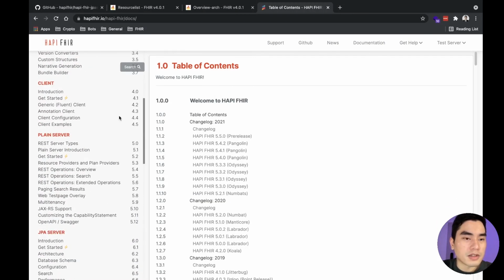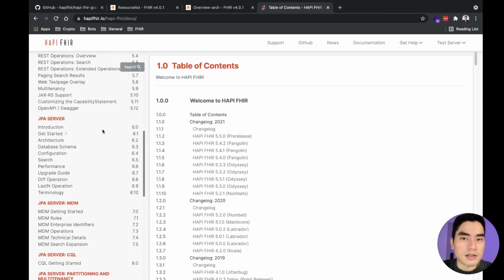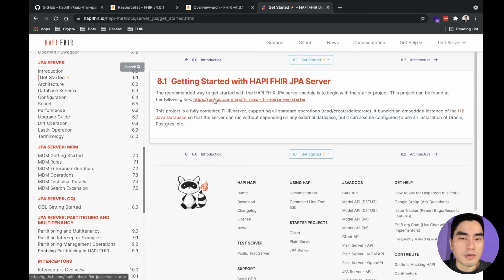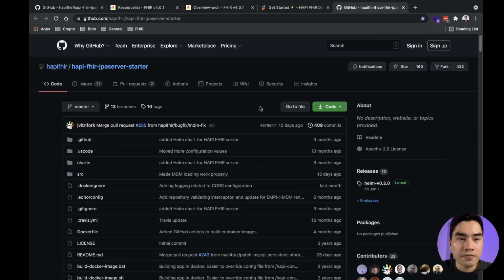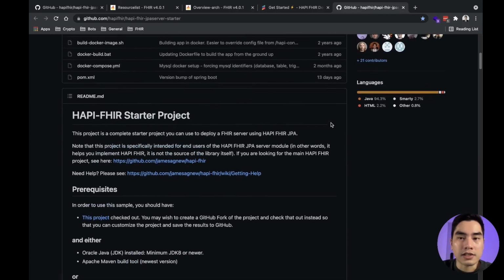HAPI server comes with many things. There are client, there are plain server, JPA server. Typically, when people want to install HAPI FHIR for practice or for education, they mainly use the JPA server. You get started, it will redirect you to GitHub, and you follow this instruction.